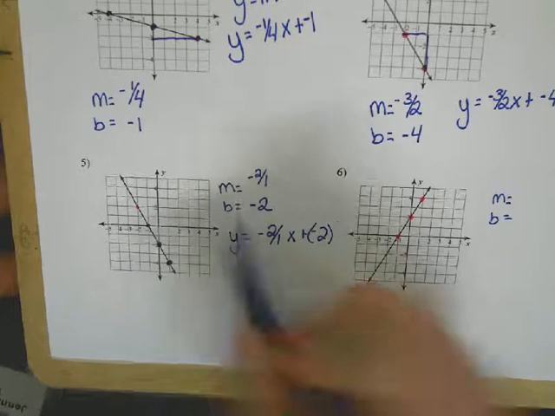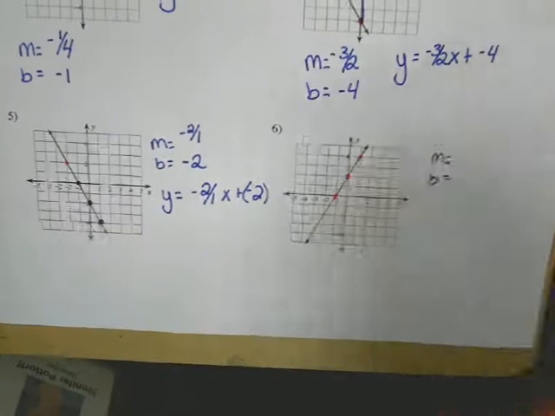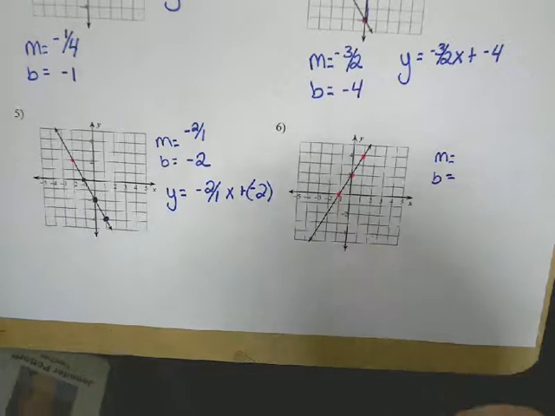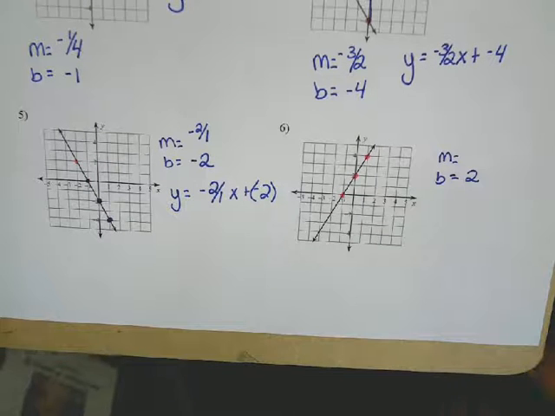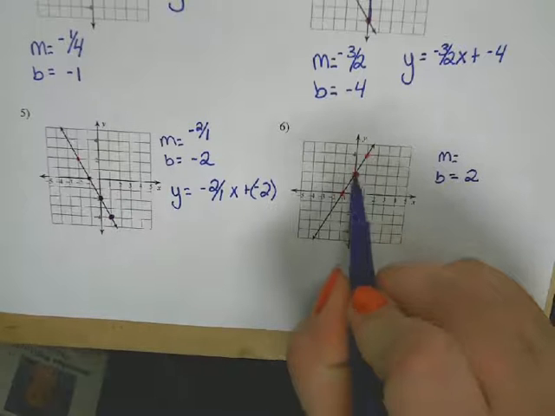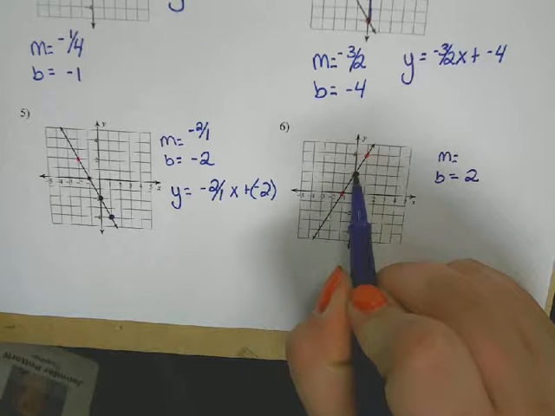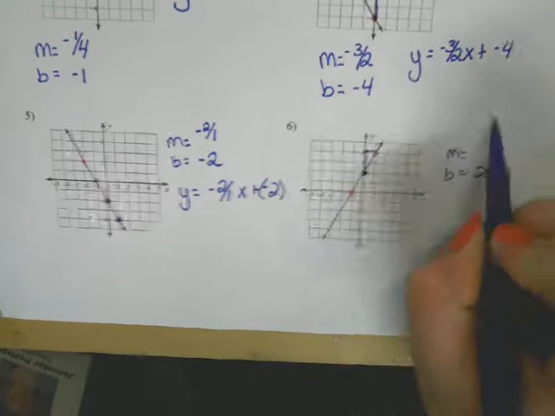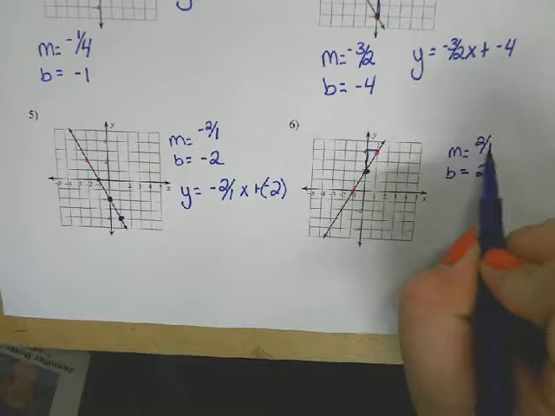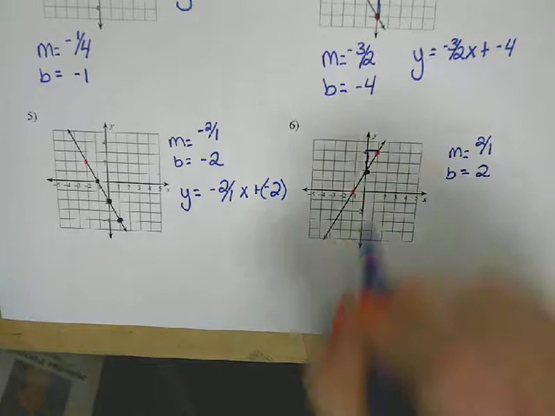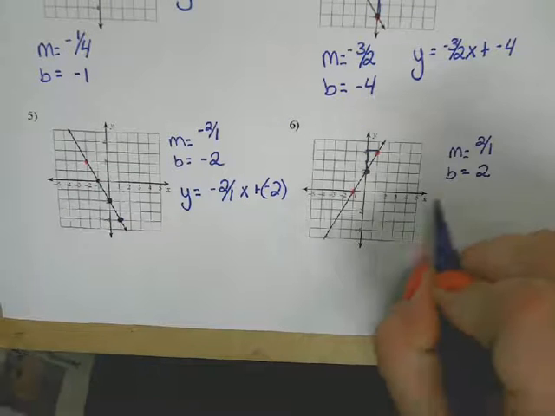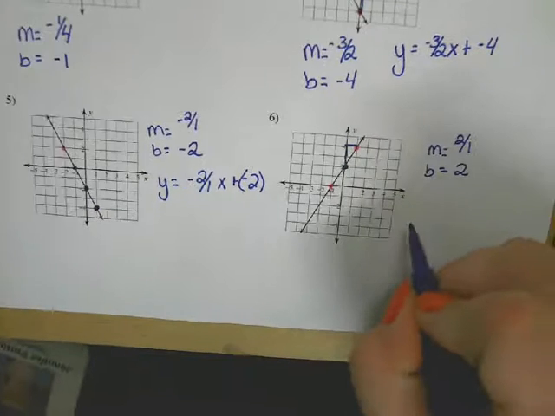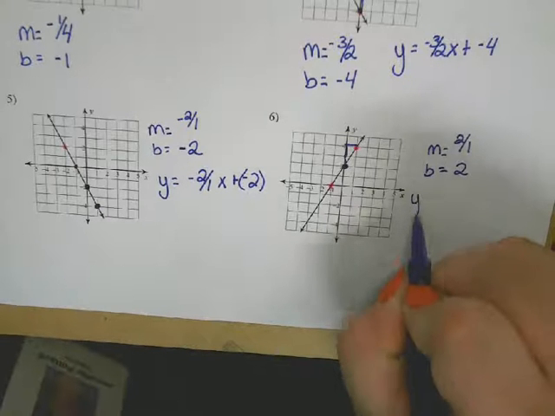Alright, so number 6. What is my b equal to? 2. What is my m equal to? Careful. Going from here, I'm going up how many? Up 2 over 1. You gotta go up 2 over 1. Okay? So my equation is what? Y equals positive 2 over 1 x